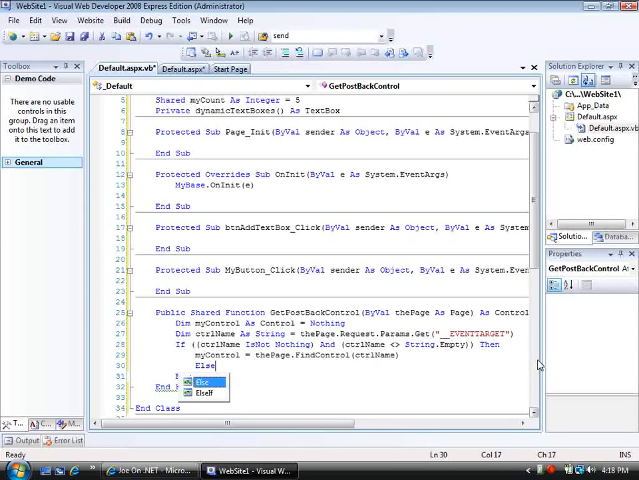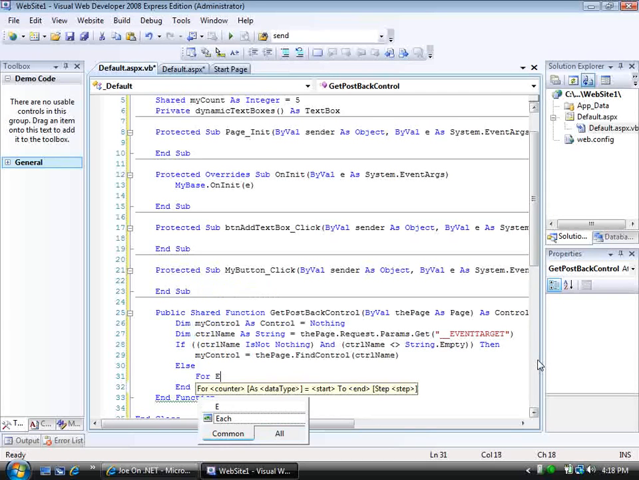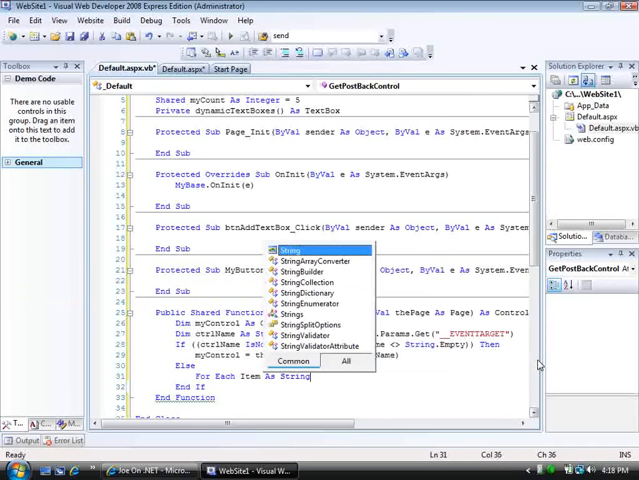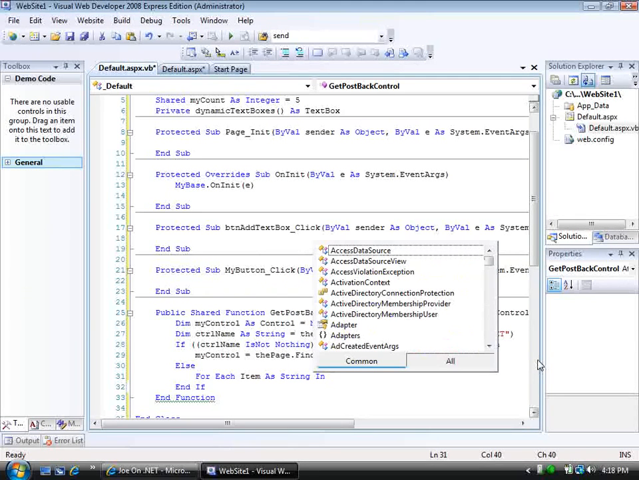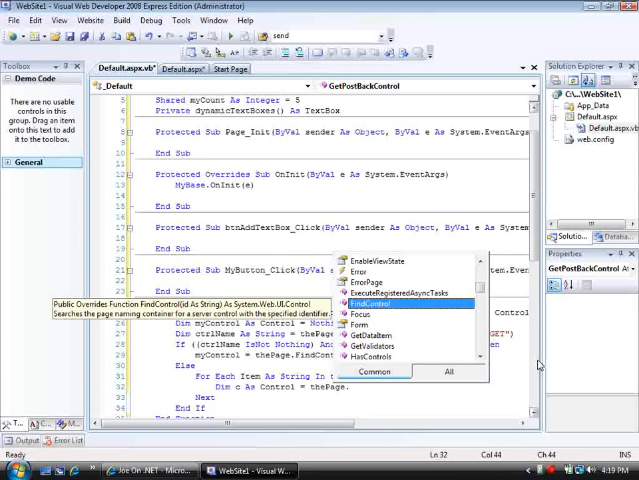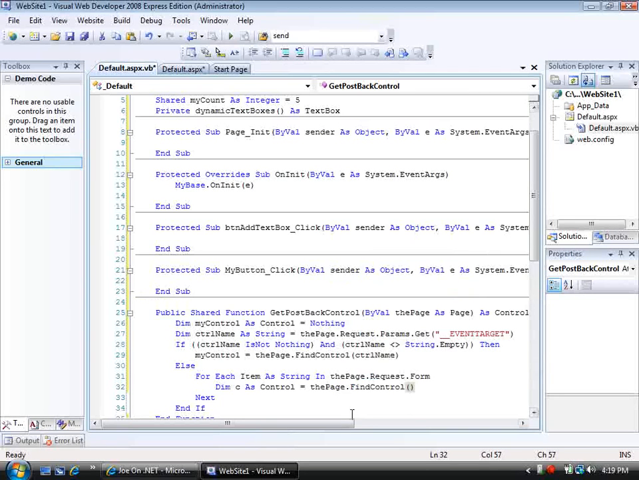However, remember, that doesn't work for buttons because of the way that HTML works. So in this case, we have to get a little bit more tricky and say For Each item As String in the Page.Request.Form. Right, so we're going to iterate through all of the form objects that are contained in the request. And so let's say Dim c As Control equal the Page.FindControl for whatever the current item is, right? So we're saying for every item in the forms collection, get a reference to the item,